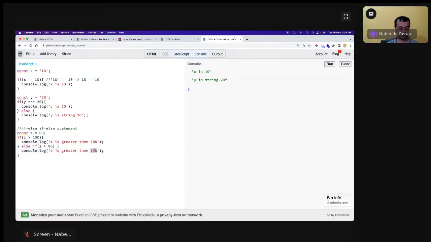Console.log z is greater than 80. Now I can have one more else if like this, and 60. So z is greater than 60. Then the last one, I will have an else: z is lesser than 60. Okay, so in this thing, if I run it,